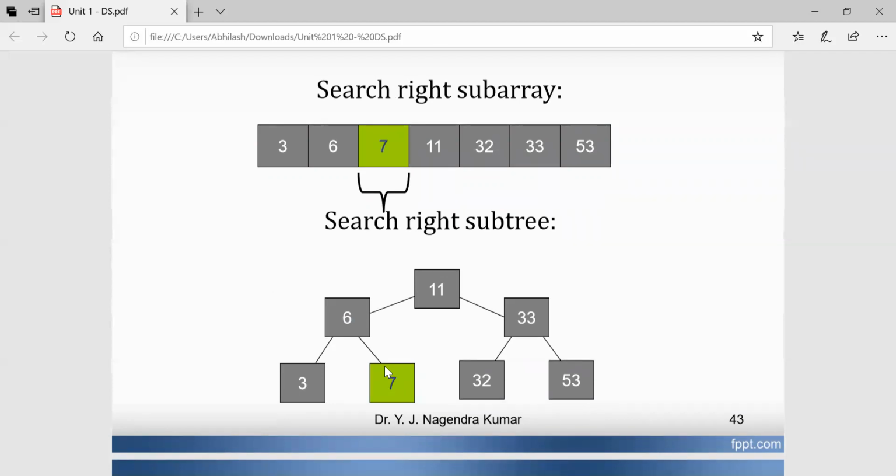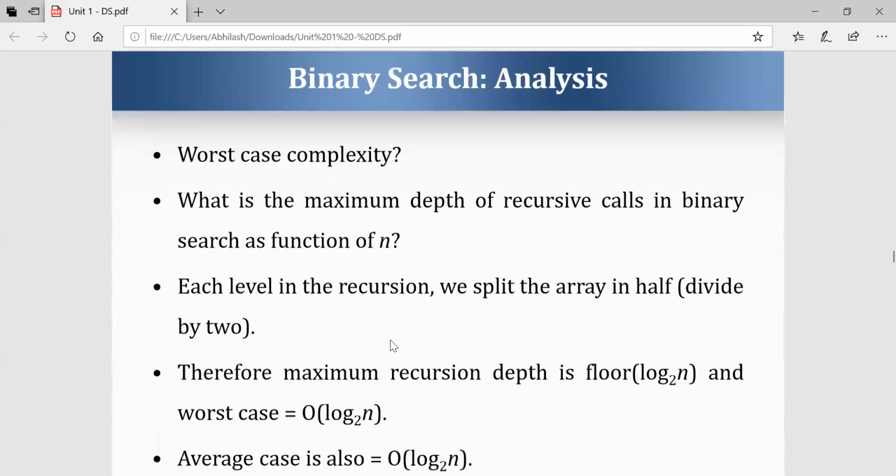If the target key is equivalent to the mid element, here only one element is there. That element itself acts as the mid element. So 7 equal to 7, condition true. So then automatically it returns the value 7. That is, the search is successful. Okay, that is what a binary search tree is.